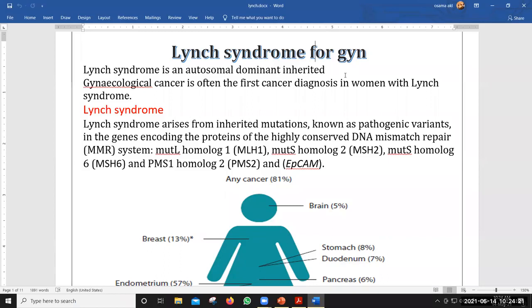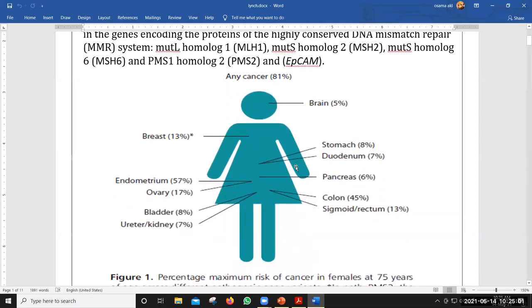This mismatch repair is encoded by genes. According to which gene is affected, there will be susceptibility for some tumors. Like what? Some genes and some defects in which genes. We call them, to make it easy, MLH1, MSH2, MSH6, PMS1, PMS2, and EPCAM. Easy words. All these problems together can lead to cancers all over the body, like brain, stomach,